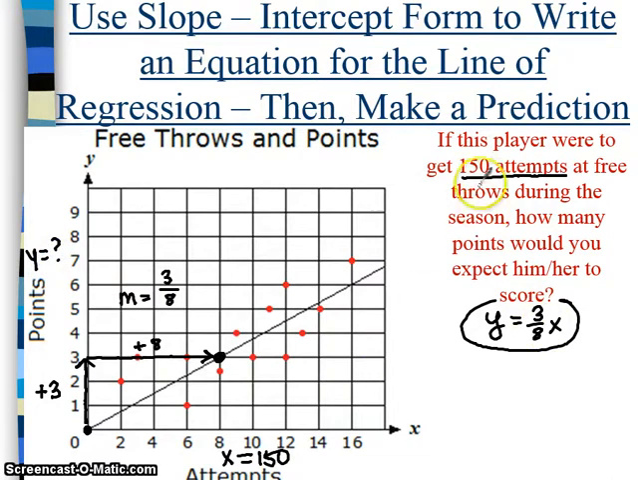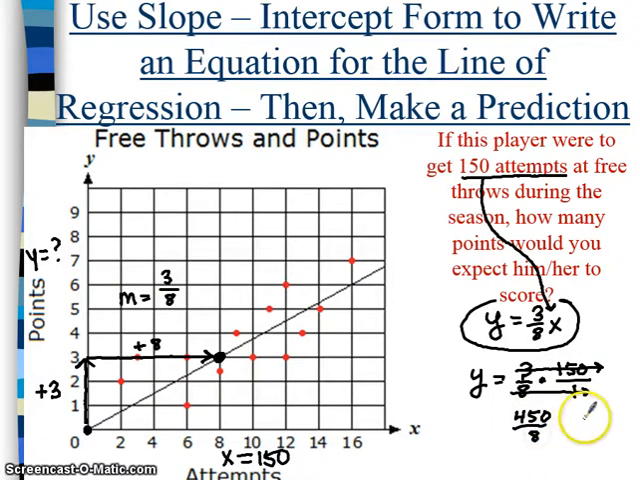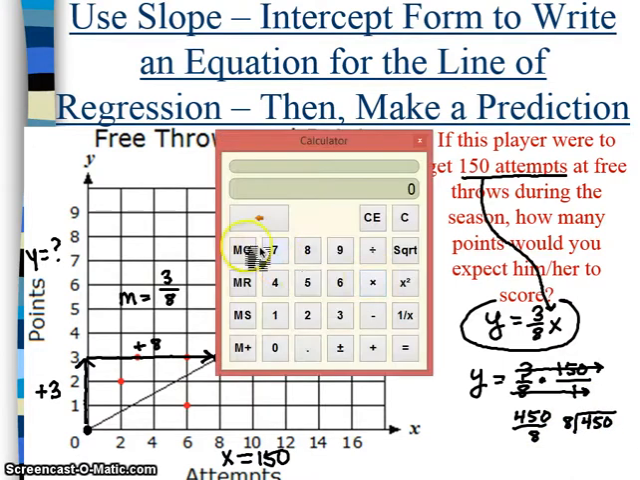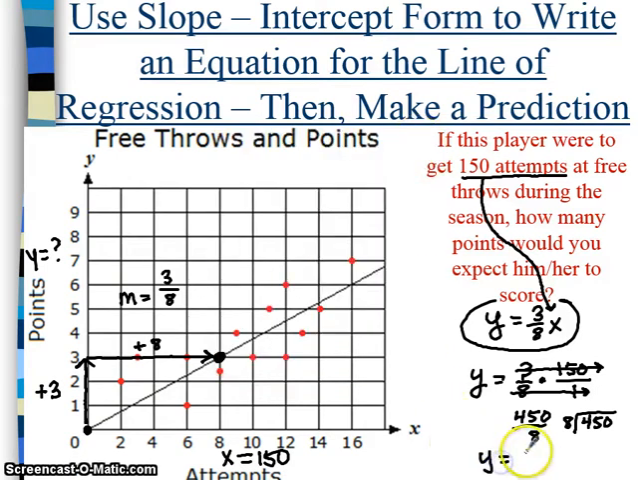So we can substitute 150 in for x to figure out what y is. So y would be equal to 3/8 times 150. Now remember, 150 is 150 over 1. Now we'll multiply straight across. 3 times 150 is 450. 8 times 1 is 8. So we need to divide 450 by 8. So if we use our calculator, we can do 450 divided by 8, which is 56.25. So y is equal to